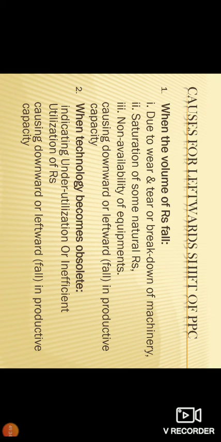Most of you have present technology, Android. Most of us do not know how to use this technology properly, how efficiently we can use it. So when we do not use this technology properly to increase our productivity as a student, we are causing a downward or leftward shift in our productivity. As well, if a country cannot use the technology properly, it causes a leftward or downward shift, a fall in productive capacity. With that, I'm ending the class.